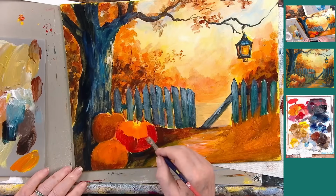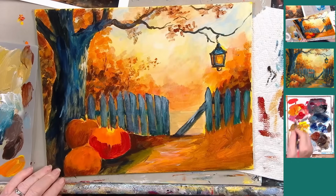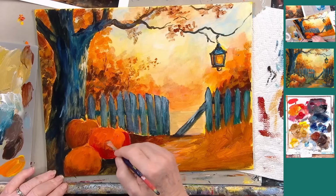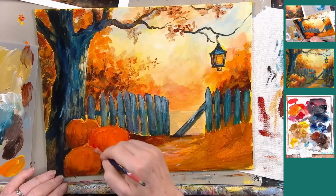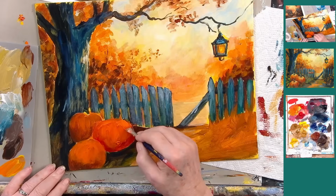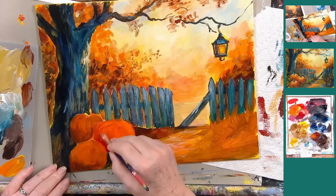So I have to get enough paint on these where I can actually make a difference as far as being able to go lighter or darker. Because right now I've got to have something that my colors can stick to. And that's basically all I've got. I can't do anything with these till I get enough paint on there and dry it and make sure I have the shapes right. So that's about the best I can do, and maybe get some darker brown here,